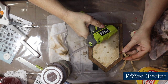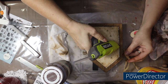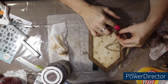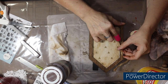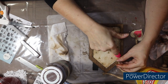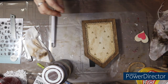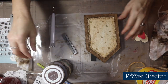Alright. So let's just put it right in the corner here. A little bit, nothing crazy. I'm going to try to not have it leak out, but we know that that's not always the case. Alright, so far so good. There! What do we think? I think that's cute. Okay. Now that that's done, I can finish doing some